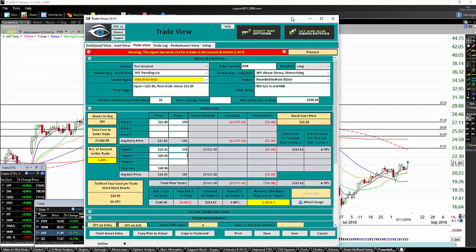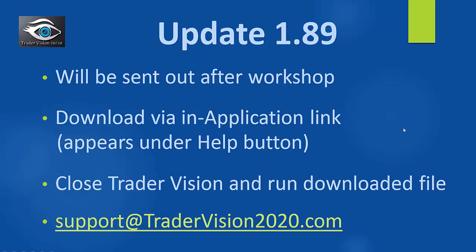Okay, and that was it for the workshop tonight on the 11th. Let's finish things up. This evening I released update 1.89, which is the new goal view, as well as a couple minor fixes that I won't go into. They're kind of hard to explain, but one had to do with a counter of a variable within performance view when more than 10 trades were in a particular category. So let's just leave it alone and say there were a couple minor fixes,